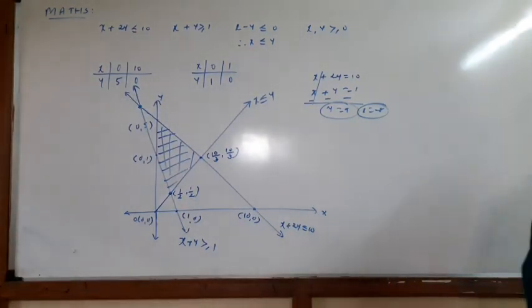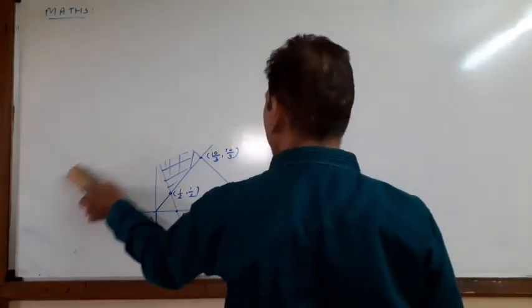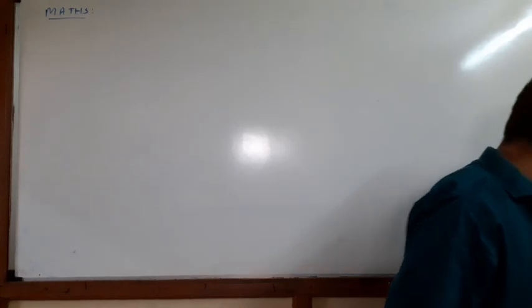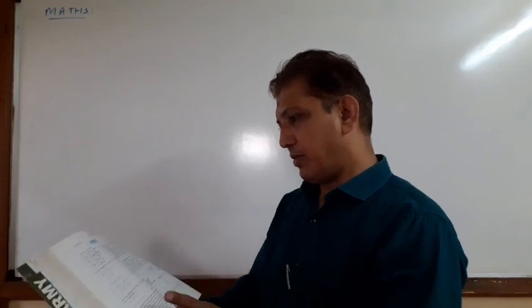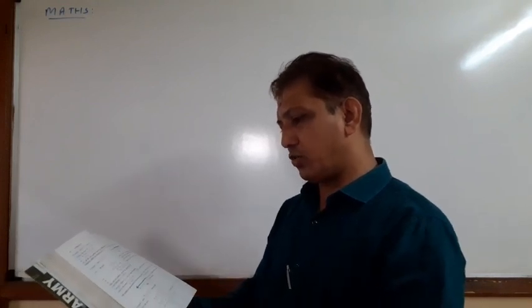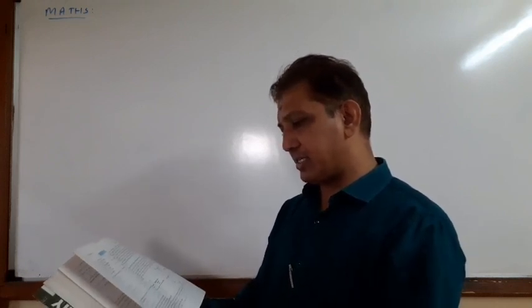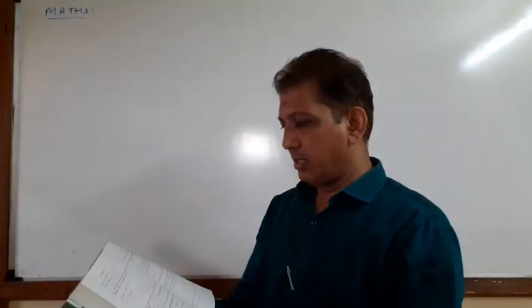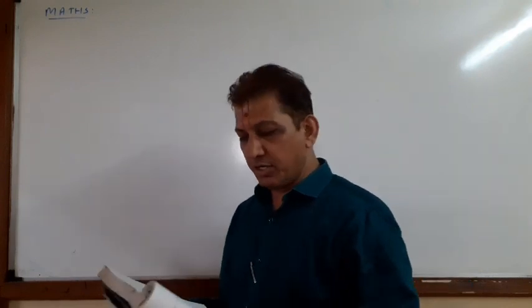Now we discuss the problem sums. First, before exercise 6.1, some examples are remaining. Look at your examples before exercise 6.1. Before exercise 6.1, I think six examples are completed. Problem sums 7 and 8 are remaining. Then we discuss exercise 6.1, questions 21 to 26. Very easy. Example number 7, read your question.